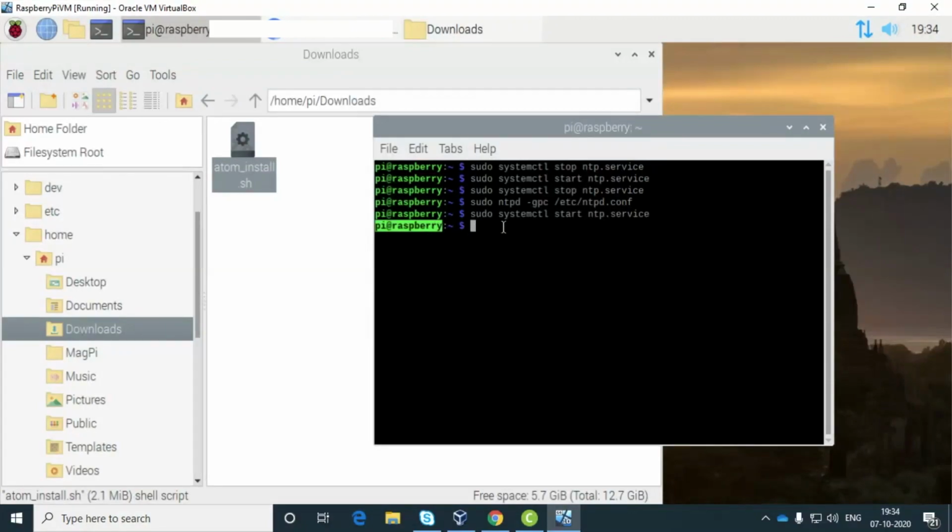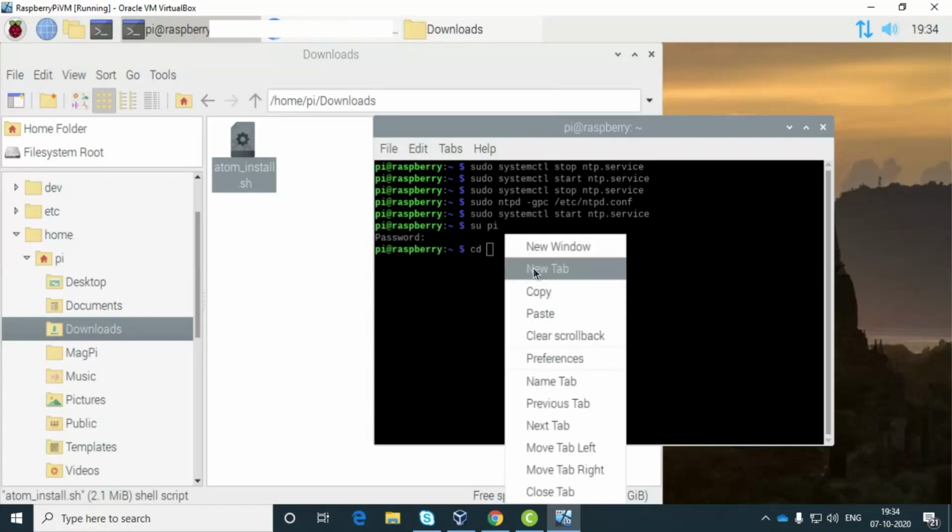For that you can verify using the su command. So type su then pi and it will ask for the password. You have to give the password you set when you created the machine. Once the password is accepted successfully, it will come on the next line. Now